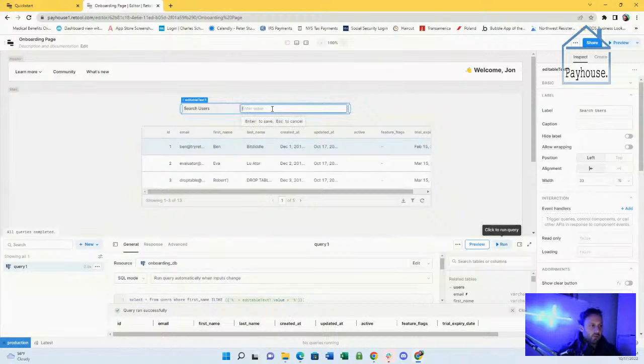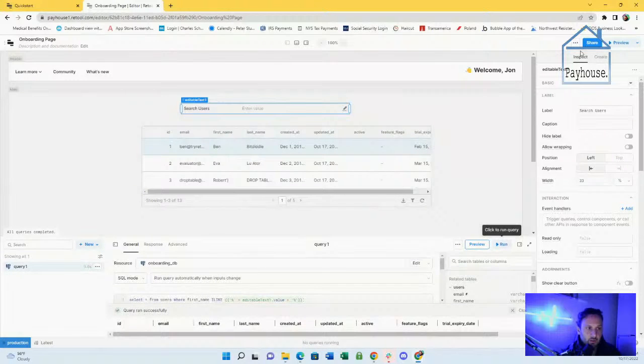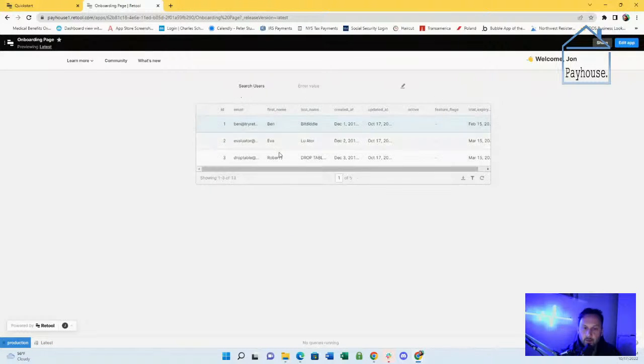So this is the equivalent of a search box in Bubble, right? Okay. At least we get this to work. What happens when we preview this? So I guess this is what the user would see.